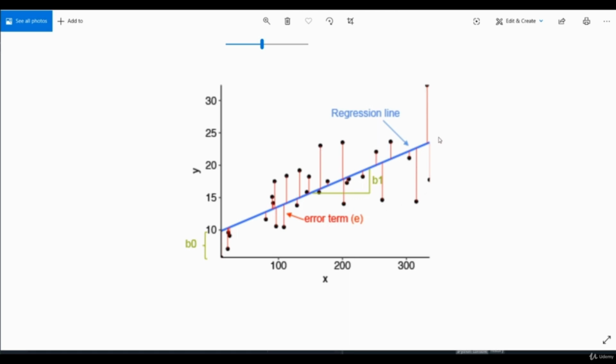So how is simple linear regression going to create this line, I mean the best fitting line of our data set? It's going to be created by calculating the error term for the line. Now what is the error term or error rate E? Let's say for the black point the value of y is like 10, but our model predicted the value here, which is going to be like 13 or something like that.